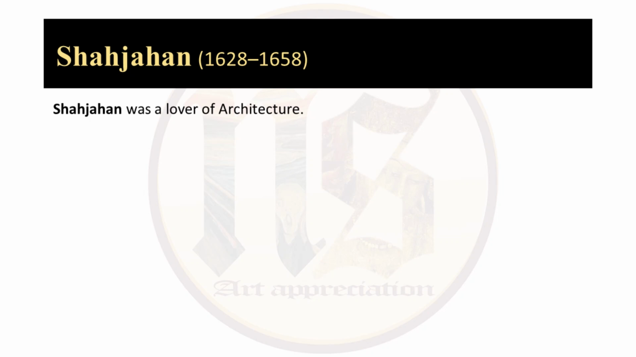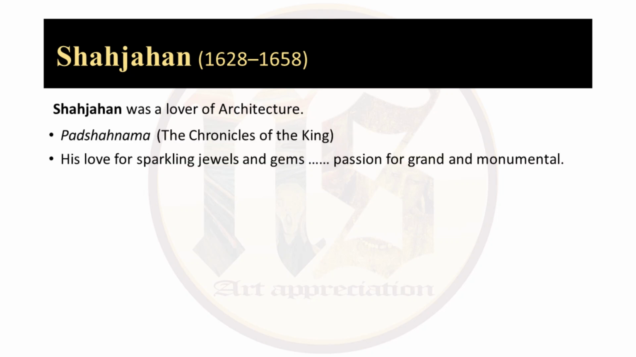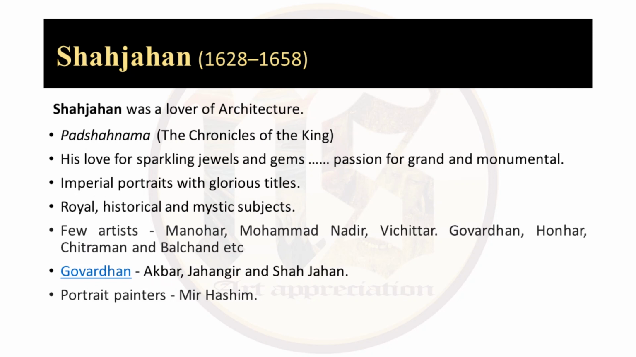The important work done during Shah Jahan is Padshahnama, which is Chronicles of a King. Shah Jahan had great love for sparkling jewels and gems. Even in the Taj Mahal and his architecture, there is a lot of beautiful inlay work which has gems and jewels in them. He had a passion for something more grand, more monumental. So the imperial portraits done during his time had glorious titles on them. The subjects taken were again royal, historical and mystic subjects, where he is also shown sitting with